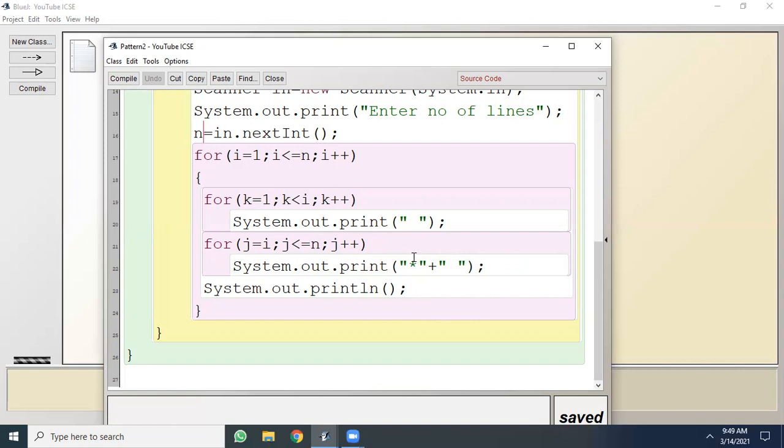Now the difference between this and the previous program is that here is a spacing. If we omit this spacing, we'll still get a triangular form, but not in the shape which is shown here. So what makes the difference between this and the previous program is simply this space. All right. And after that,